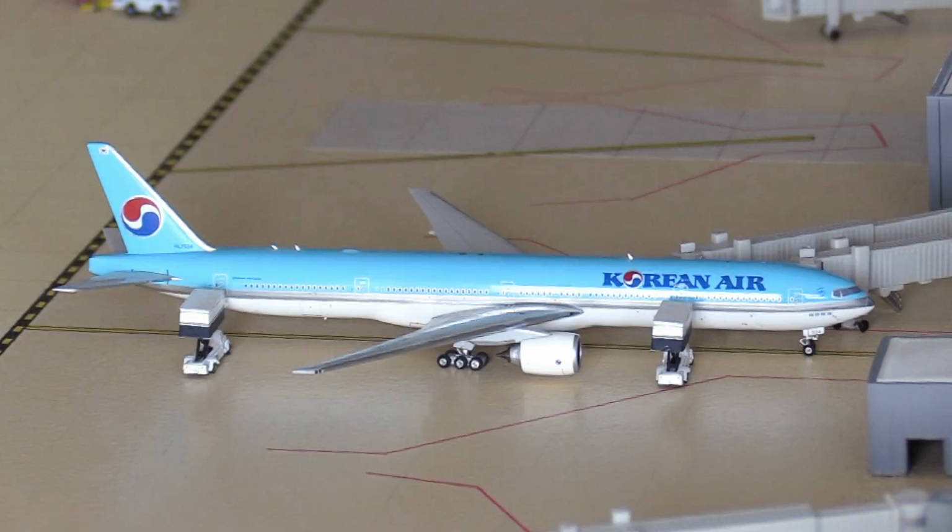And then next up here, moving on to the international aircraft, here we have this Korean Air Boeing 777-300. This aircraft is going to be heading out to Seoul in South Korea. This aircraft is the non-ER version of the 777-300. Korean Air do still use these, but primarily around Asia. We are currently getting at Washington Dulles the